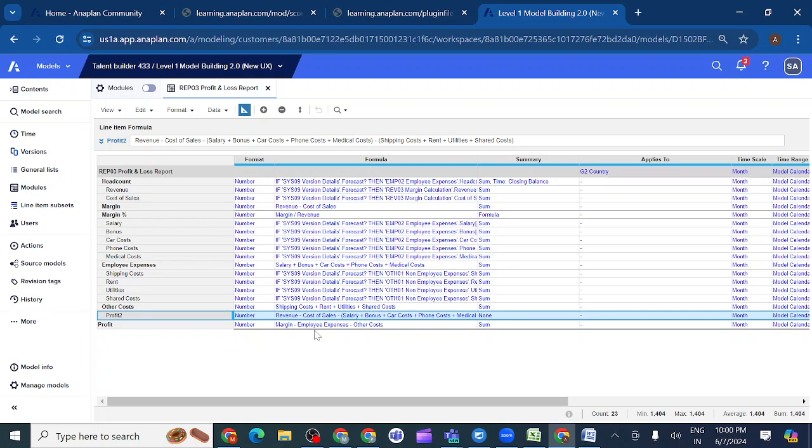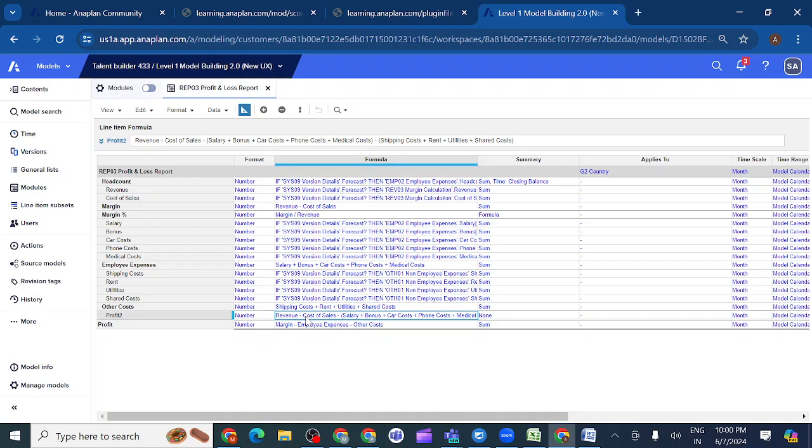In employee expenses, what are the things involved? I have calculated one final line item, employee expenses. I have included all the expenses here and simply I have used employee expenses. Other costs are also the same, but here what I did, each and every calculation I have done in one line item itself. That is the reason, because of this one, what happened, it increased the burden on Anaplan.